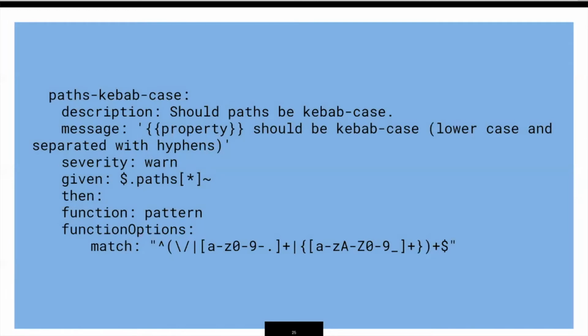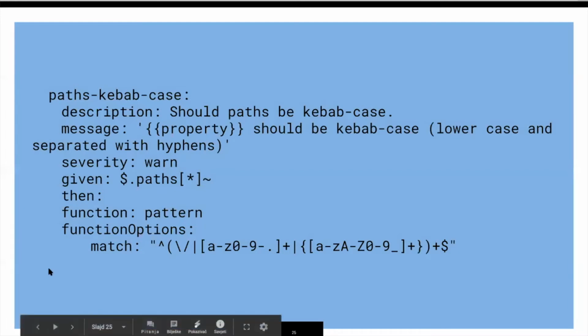You can get really advanced with these things and you can customize the messages, and you don't need to do all this. The main point of it is that every rule has a name, a description. This one decided that paths should be kebab case. So instead of using underscores or camel case, then everything should be like that. And we've solved that with a bit of vicious regex. You can use any regex. There's a bunch of different functions and regex is just one of them.